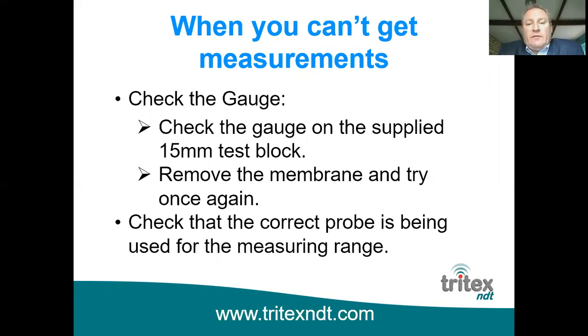So the first thing, of course, is to check the gauge is working properly, and the best way to do this is to check it on the 15mm test block that's supplied with the kit. The reason is because we know that's within the measuring range of the probe. We know that it's a good piece of steel, and we know that if it measures on that, then the gauge is working as it should do. If it's not measuring on that,